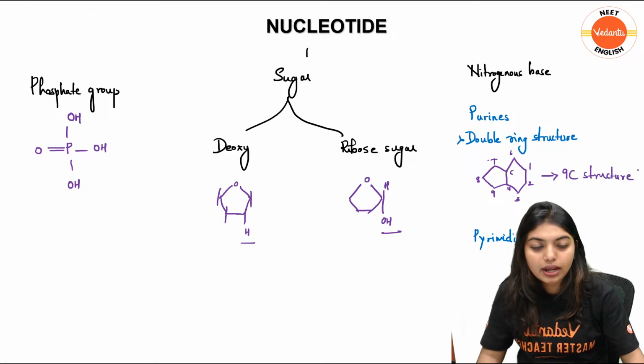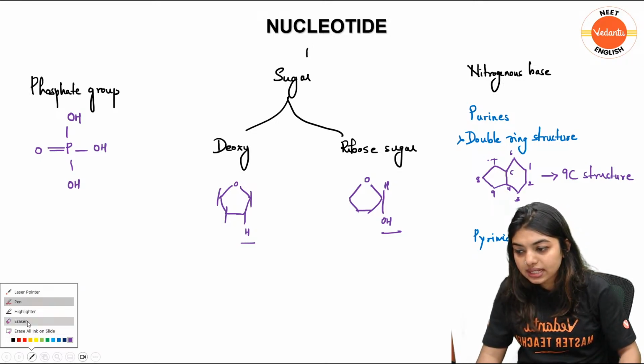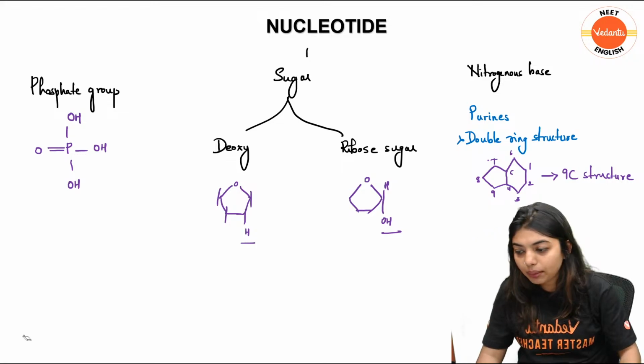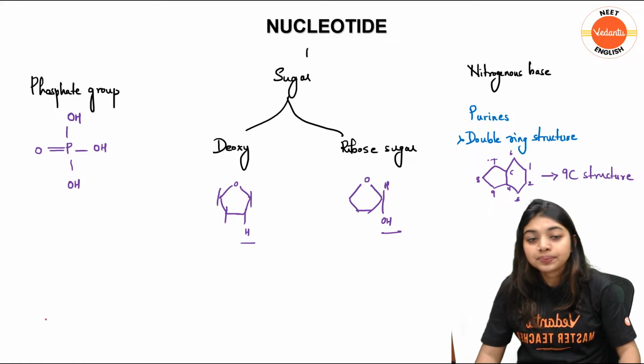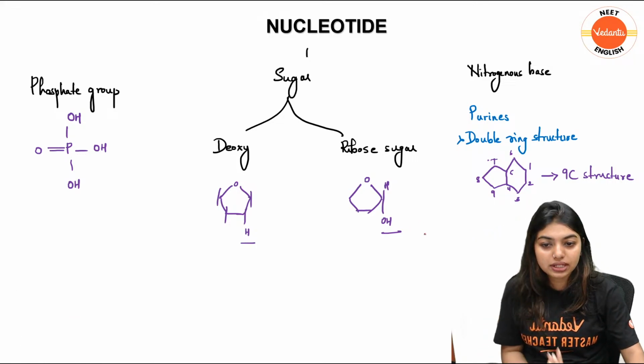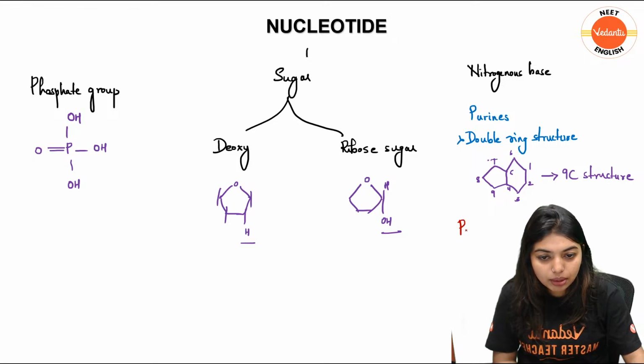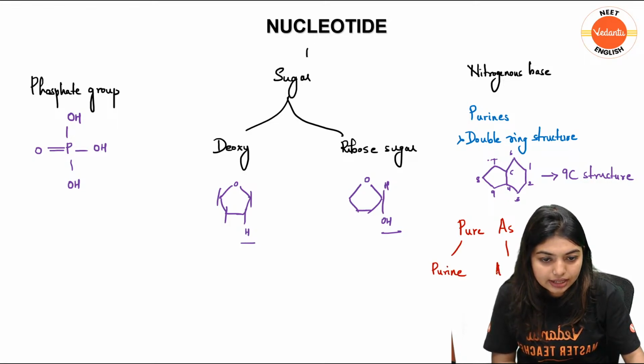Now, more about purines. We will erase this pyrimidines. More about purines, students: how do I remember purines? You will remember pure as gold. How will you remember? Pure as gold. P stands for purine, A stands for adenine,